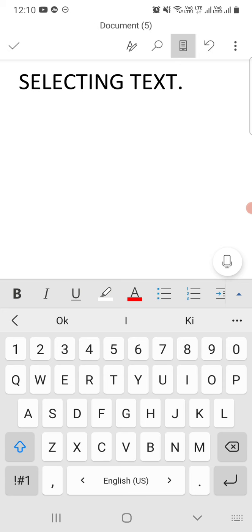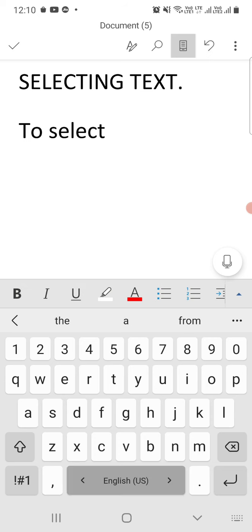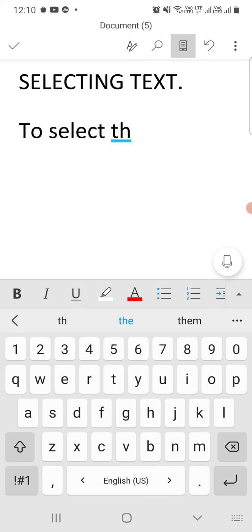Now we are going to add another data, another text. Okay, to select the text using mouse.